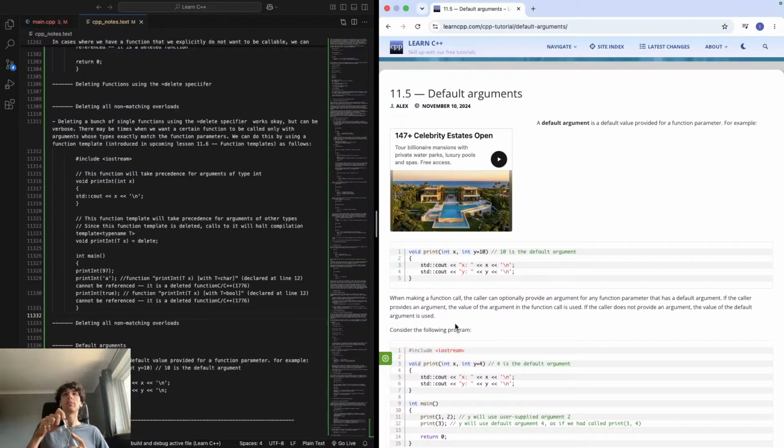If the caller provides an argument, the value of the argument in the function call is used. If the caller does not provide an argument, okay, so when you call a function,